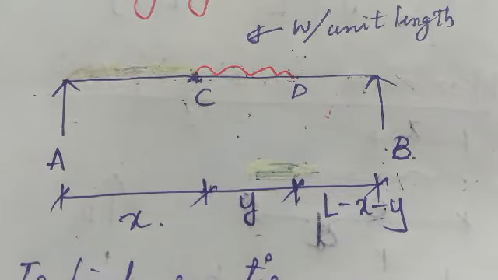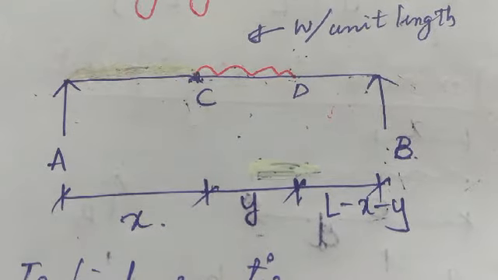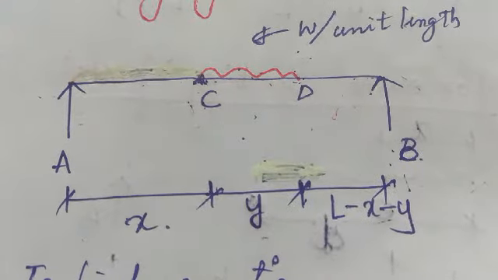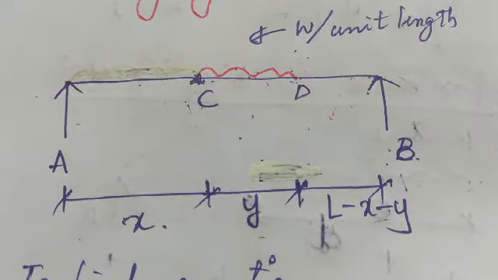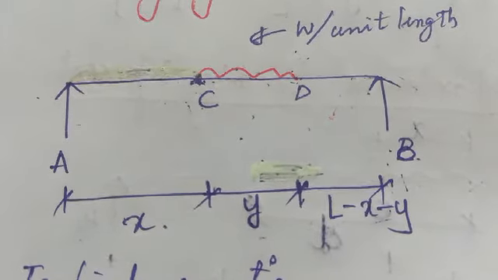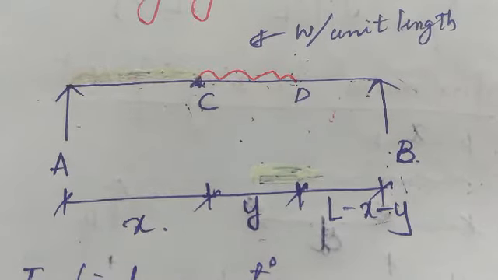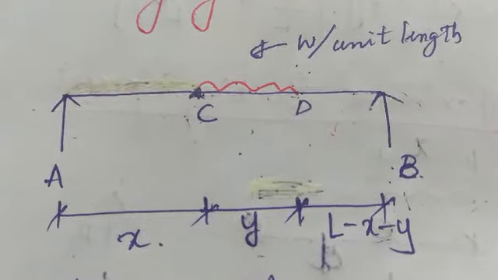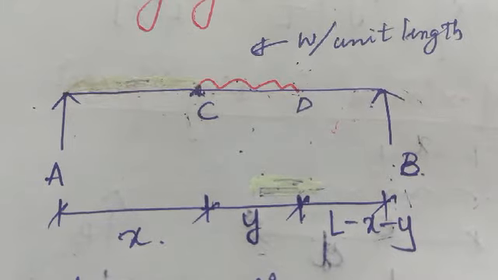Here there are two terminologies, that is head and the tail of the load. Here C is called the tail of the load and D is called the head of the load. Simple terminologies, head and tail. We call D the head of the load when the load is traveling from left to right, that is from A to B. And I'm assuming that the load is traveling from the left section to the right section of the girder.